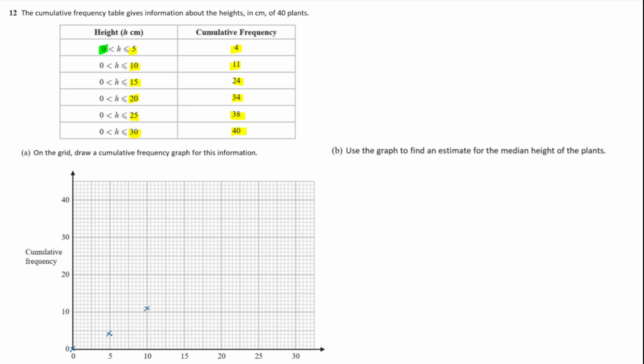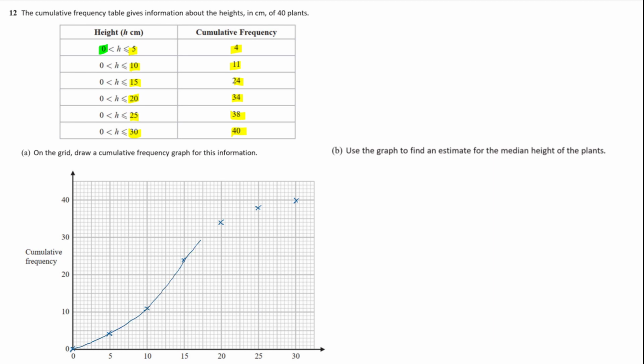Okay, and then I'm at 15 at a height of 24. I've got 10 little squares in a space of 10, so each little square is just worth 1 in this case, so it's a nice super easy scale to use. 20 goes to 34, and 25 goes to 38, and then I've got 30 at 40. Okay, so it's got that very distinctive S-shaped cumulative frequency curve, which I'm just going to join up with a